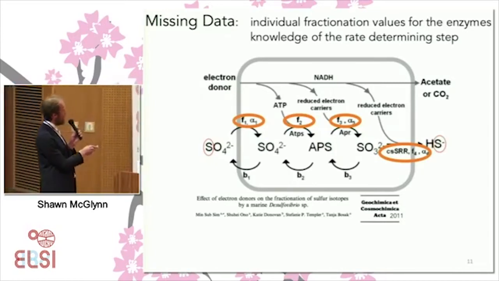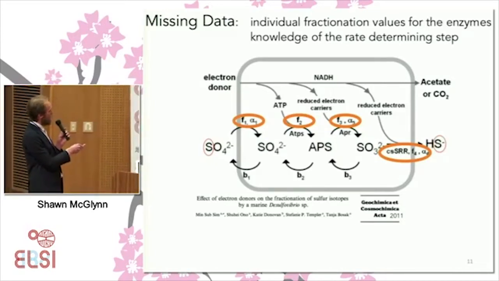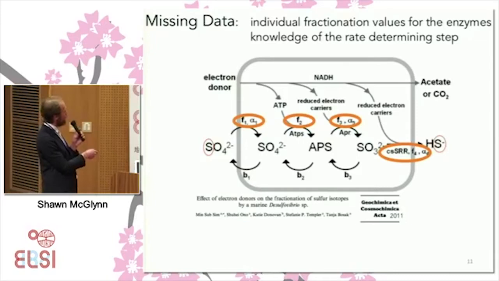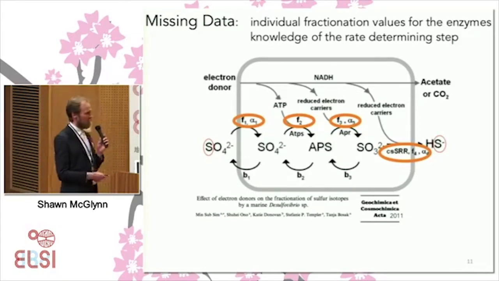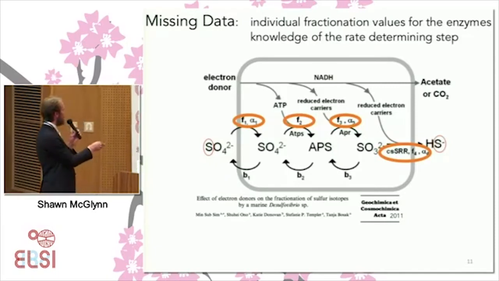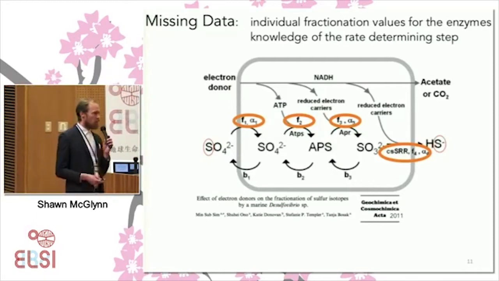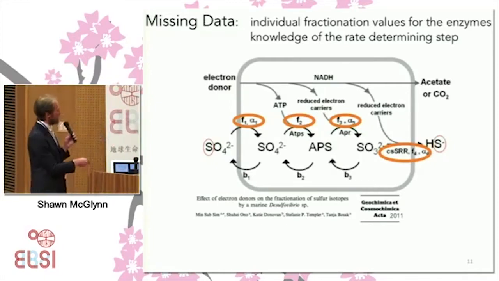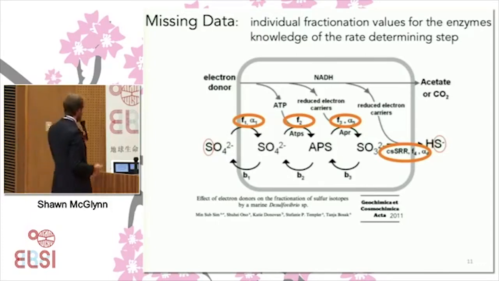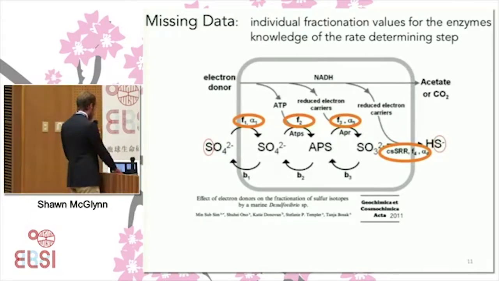And that degeneracy I'm seeking to get rid of by trying to find out two pieces of knowledge that have not really been described. One, what are the actual fractionation factors that are happening at the different steps in the metabolism? These have never been determined empirically, and instead they've just been estimated numerically. And also, what is the rate determining step of the metabolism? Knowledge of the rate determining step of metabolism is very, very important in this case because that's going to be the bottleneck that will be expressed. That'll be the fractionation factor that we actually measure later on. It will be dependent on that rate determining step.